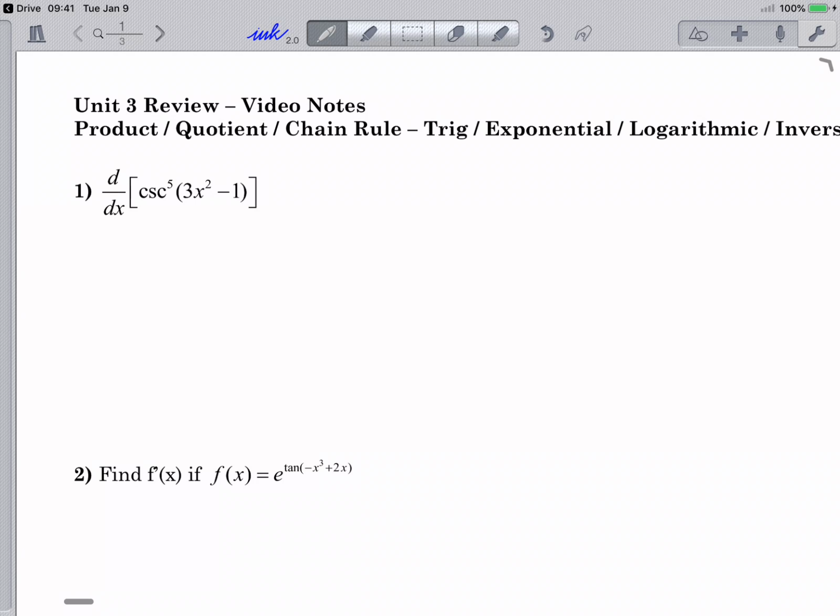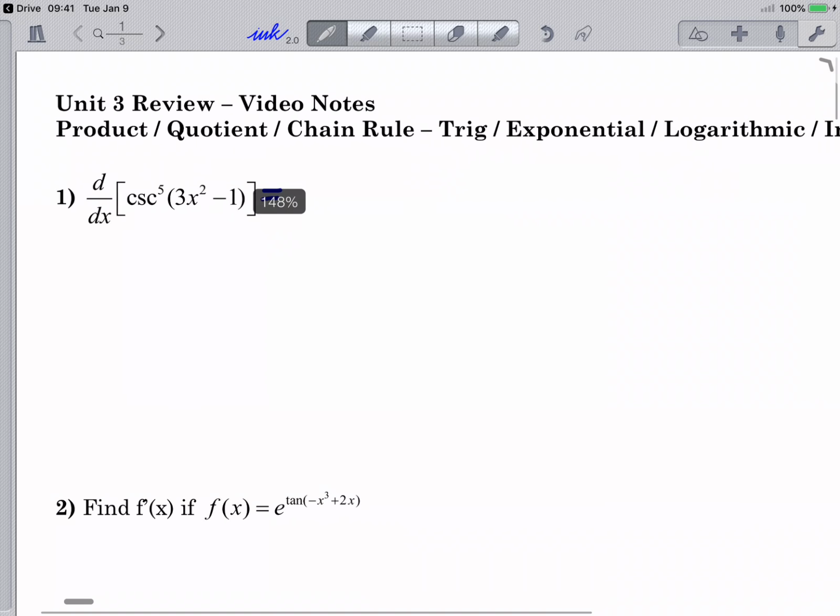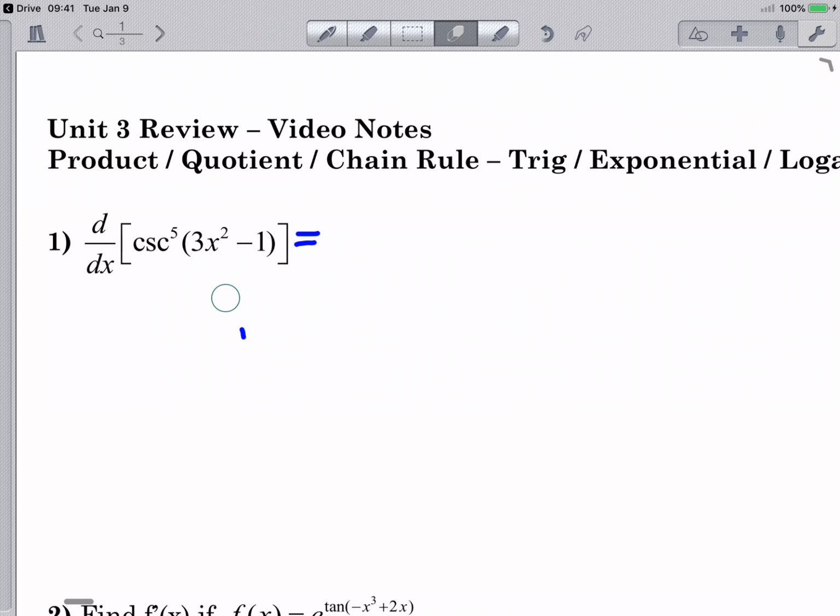Hello, we're going to run through some derivatives: product, quotient, chain rule, trig, exponential, logarithmic, inverse functions, all that jazz. So here we go. My first expression, I want to find the derivative of this